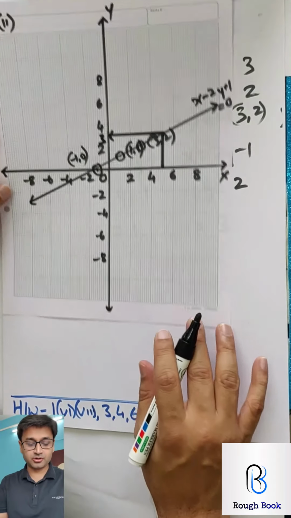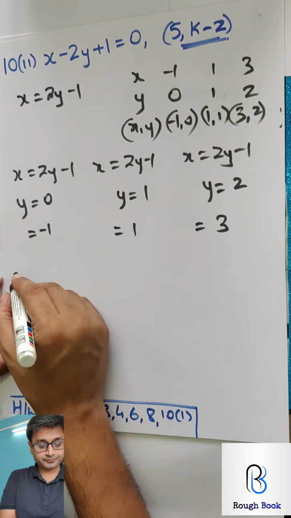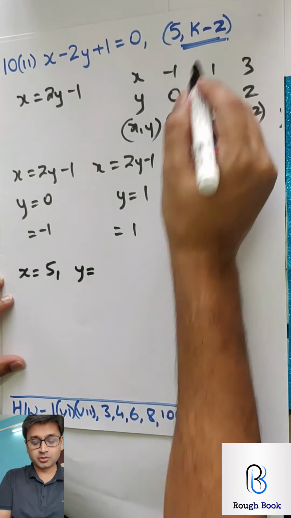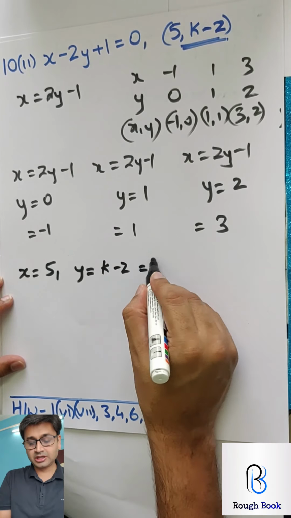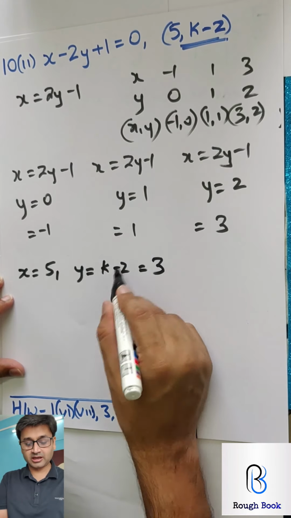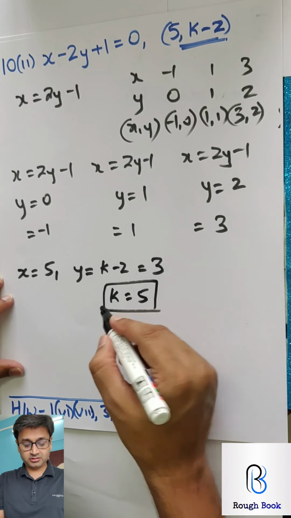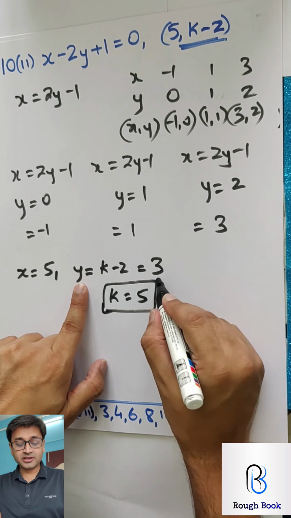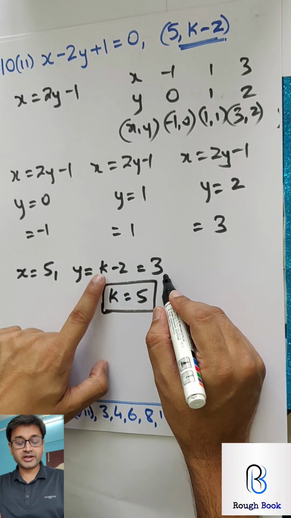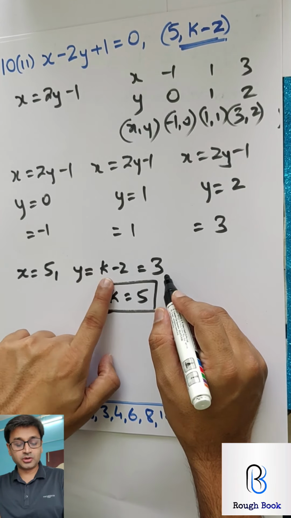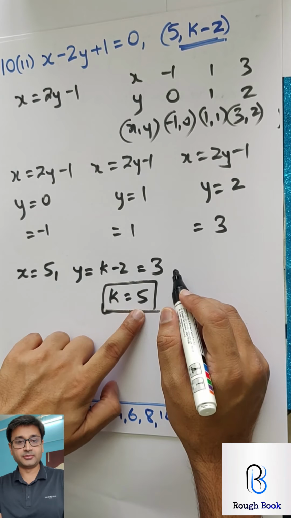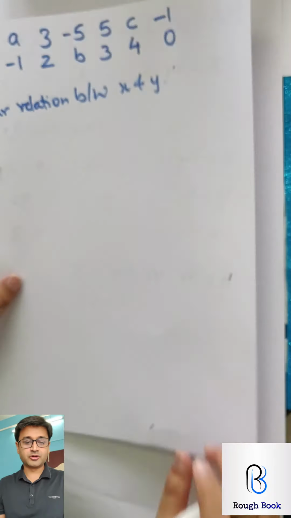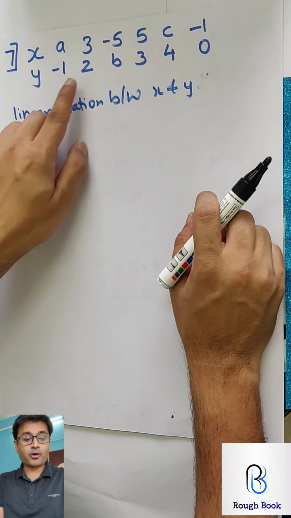So now here, how are you going to present it? So you say x is equal to 5, y is equal to k minus 2 equals to 3. So therefore k will be equal to 5. Did you get this extra extension which they asked for? Y you get, and then you get k. You don't get k directly. So y is equal to k minus 2, which is 3. Therefore k becomes 5. Perfect. How many got this on their own? Great job.